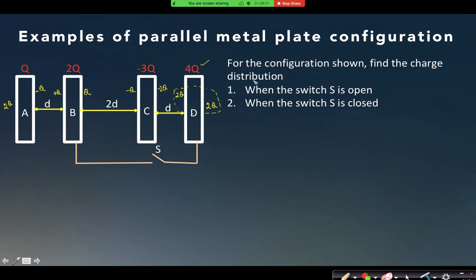Okay. Now this one is done. I don't think there is any problem on this one. Now, when the switch S is closed, then what changes do I have to perform here? Potential at B and potential at D are the same, yes or no? Yes. Which charges should change now? Where will I place the change of the charges? Internal face of D and two faces of B.